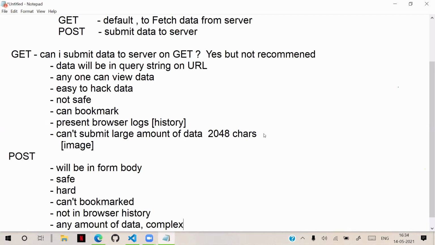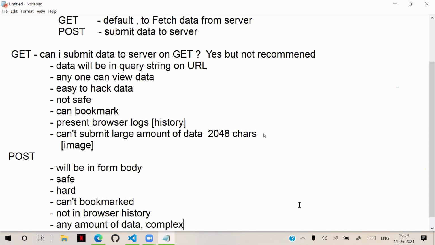So when to use GET, when to use POST? When the client wants to get information from the server and show it, then we use a GET request.